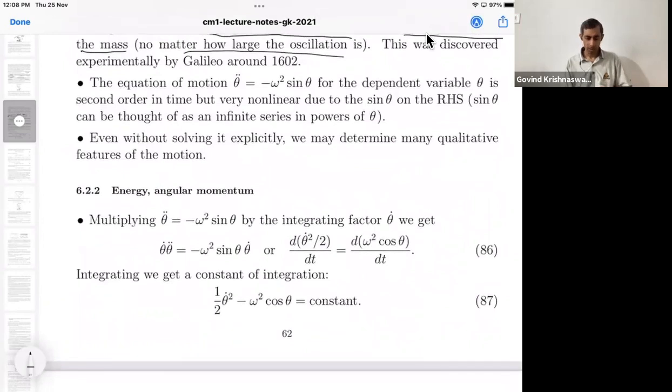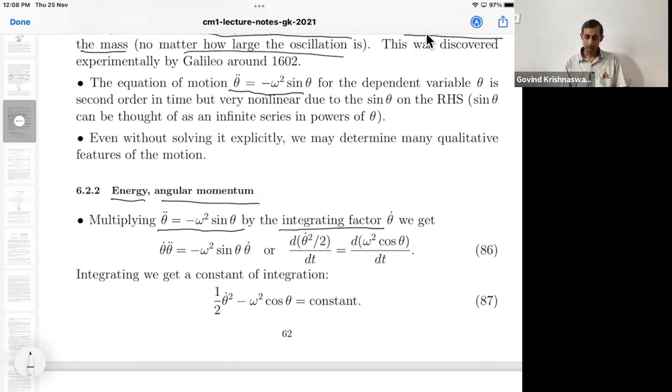So far, we have described the equation of motion. It will be nice to talk about other physical observables, such as energy and angular momentum, which play an important role. So, like before, we will derive conserved energy from this equation of motion by the method of integrating factors.